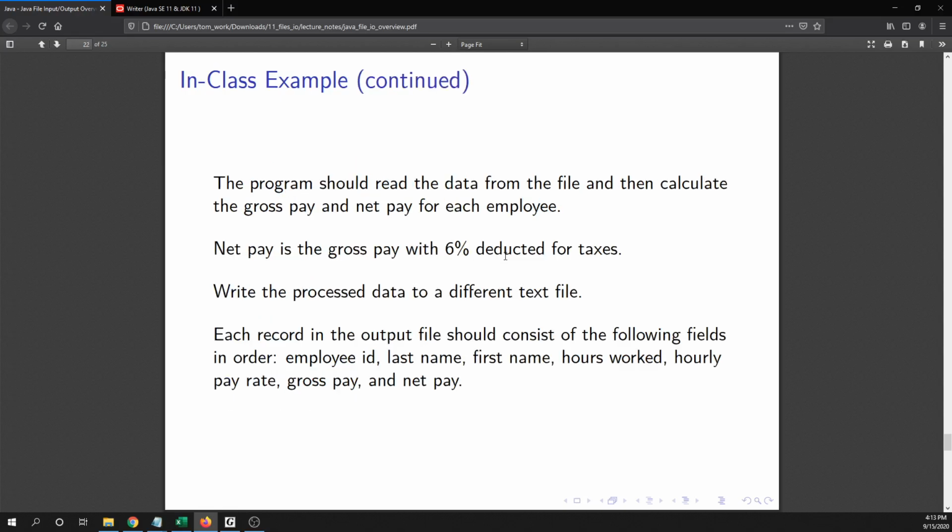All right, the program should read the data from the file and then calculate the gross pay and net pay for each employee. Net pay is the gross pay with 6% deducted for taxes. Write the processed data to a different file. Each record in the output file should consist of the following fields in order: employee ID, last name, first name, hours worked, hourly pay rate, gross pay, and net pay. Okay? All right, so